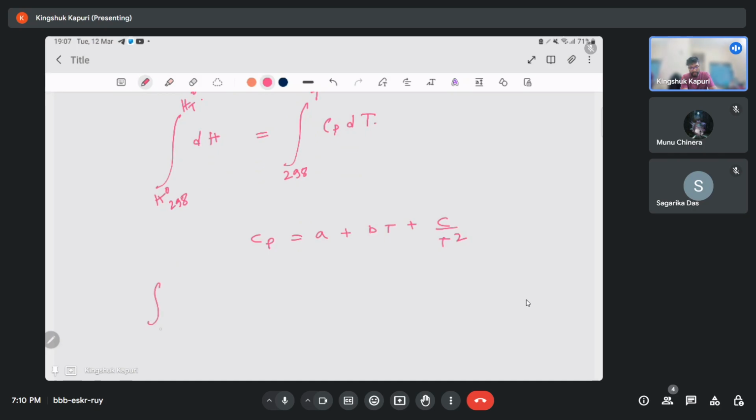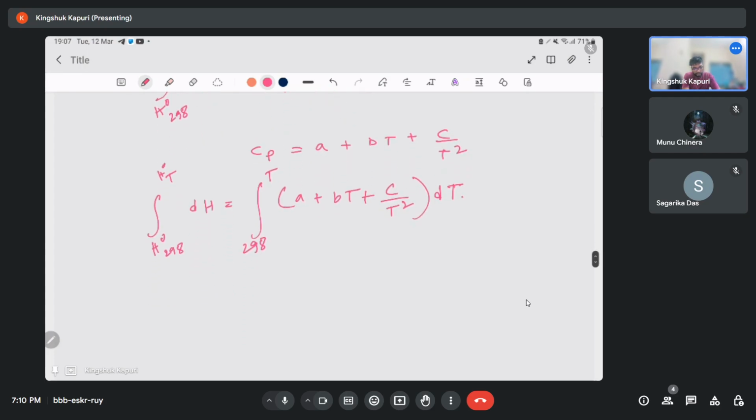Now the integral of dH from H naught 298 to H naught T equals the integral from 298 to T of A plus BT plus C by T square dT. Okay, so if we break this into upper limit minus lower limit,